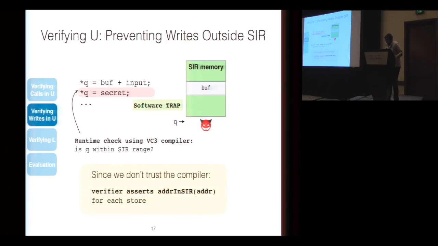Similar to before, we are going to add a proof obligation that says that for any store within the user code,